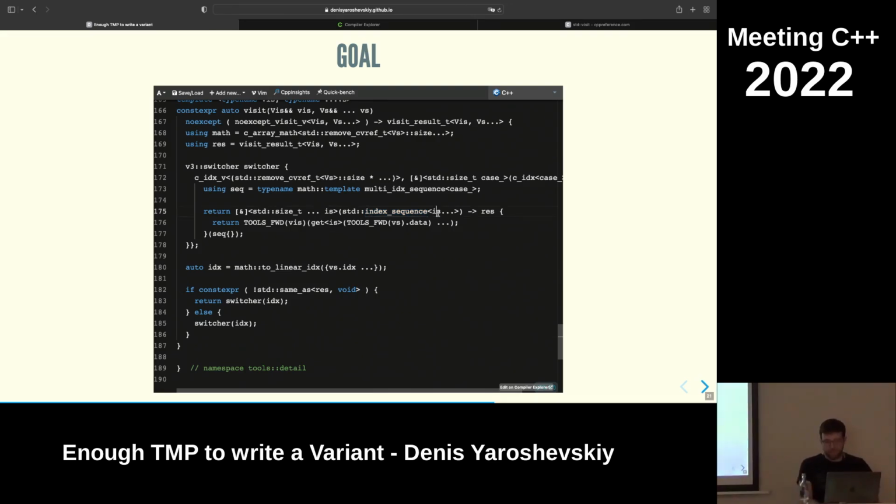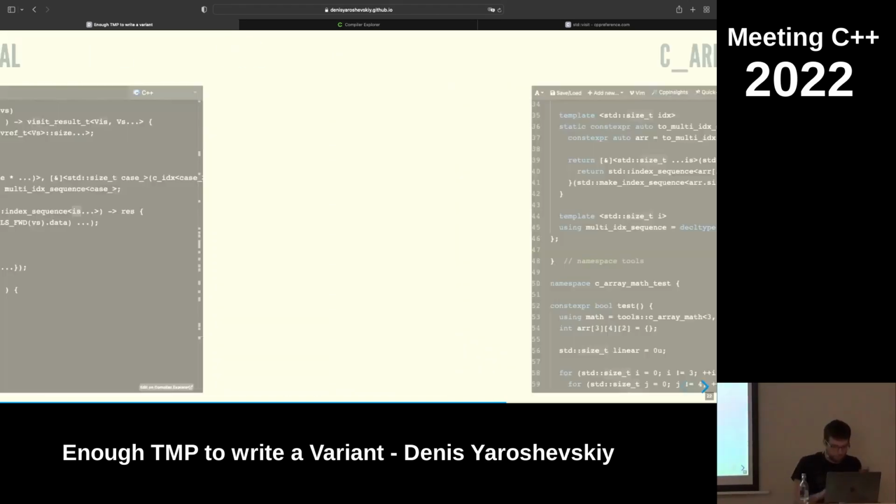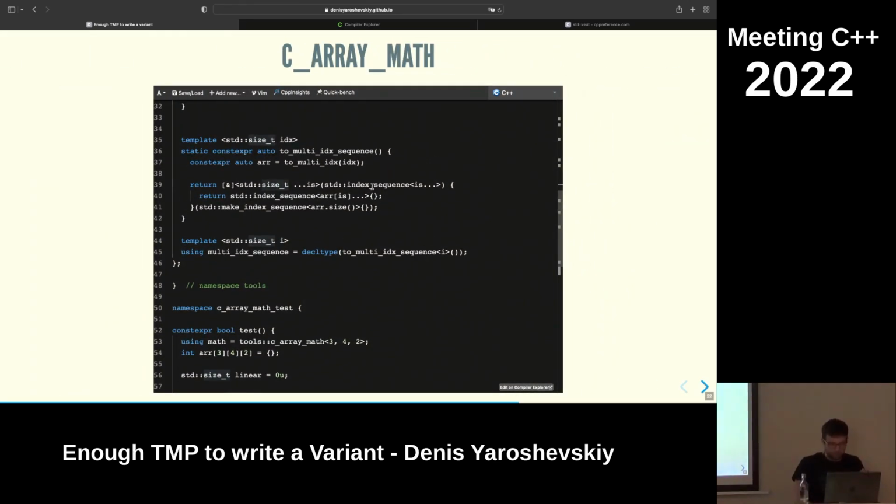Right, index_sequence is this type that has a bunch of parameters, like a bunch of indexes. And so we're going to convert an array into this index sequence. How do we do that, right? So this is a standard trick. What you do is you write your array of indexes into a constexpr variable, right? That's the first thing. And then you unpack for every element in the array. Because it's a constexpr variable, you can now access it in any template you want. So you unpack that array of indexes. Like you create an index sequence, 0, 1, 2, 3, up to the size of the array. And then you return the index sequence where you get the element for every index.